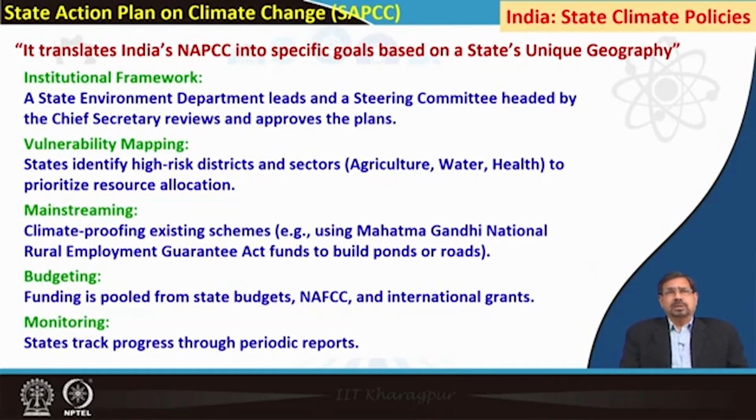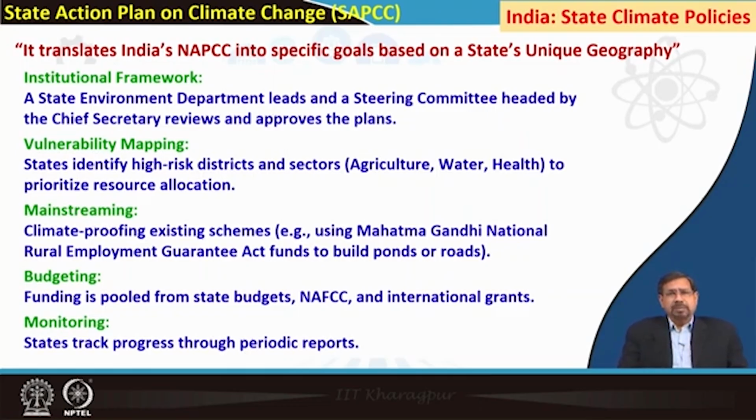Now, moving on to the state action plans. What is their motto? They translate the national action plan on climate change, or you say India's NAPCC, into specific goals based on states' unique geography. Different states have different geography, and they all fall under different biogeographic or agroclimatic regions. So, whatever is more suitable with respect to their climatic needs, they should go for those kinds of actions. So, in terms of this institutional framework,